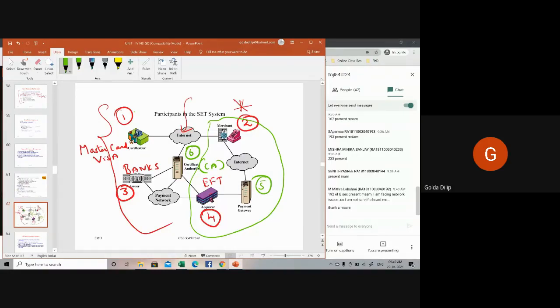So these are all the parties involved in a secure electronic transaction, which is an environment for providing confidentiality and authentication for credit card transactions happening across the internet. This is not a payment system or anything. It's a protocol, an open source encryption protocol, meant for ensuring that your online payment transactions that happen on the internet are secure. So that's regarding your SET.